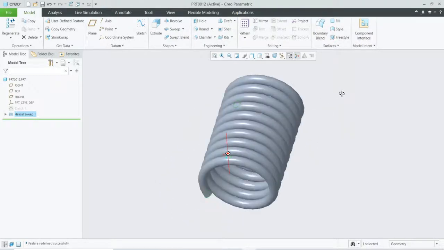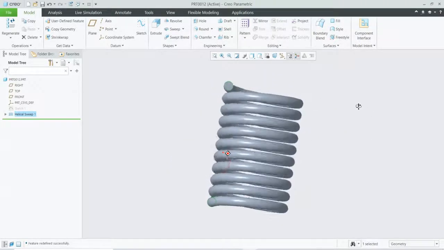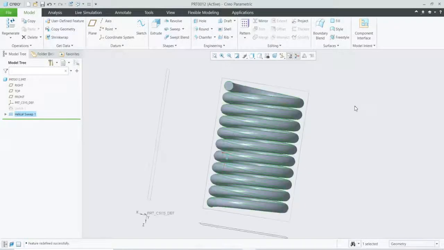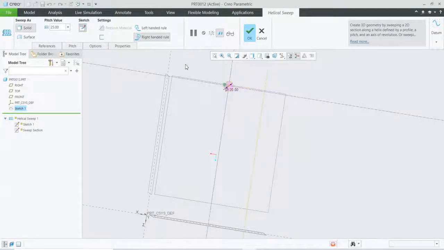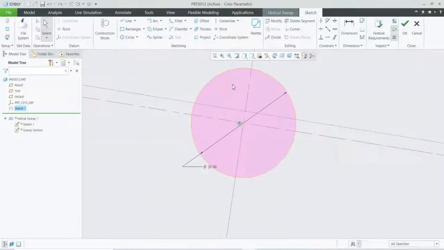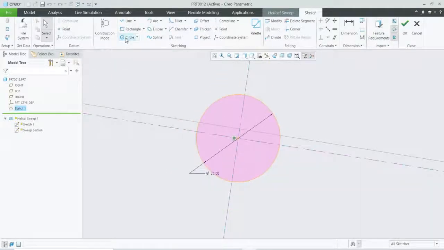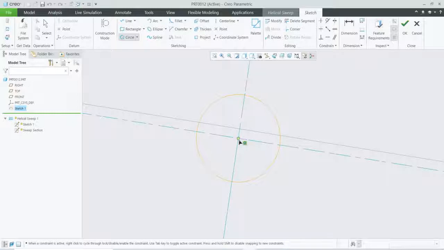And now with the same model, we're gonna create a tube. For that, again double click on helical sweep, edit definition. Now go to sketch option here, zoom in. Now create another circle. Find the center point of the circle, create one circle here. Double click.